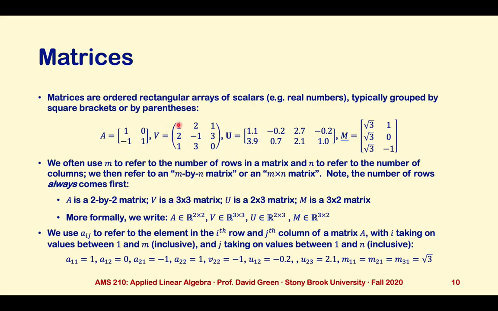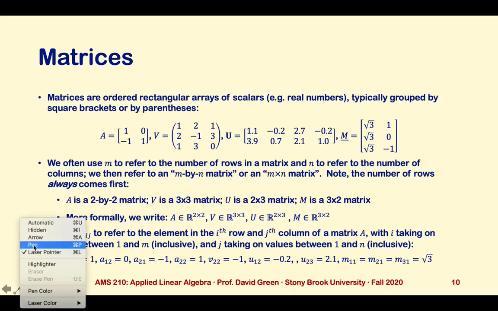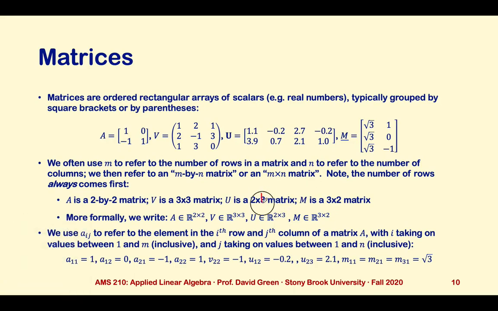V is a 3 by 3 matrix, 3 rows and 3 columns. U is a 2 by 3, a 2 by 4. I will correct this in the slides I post. U is a 2 by 4 matrix having 2 rows and 4 columns,